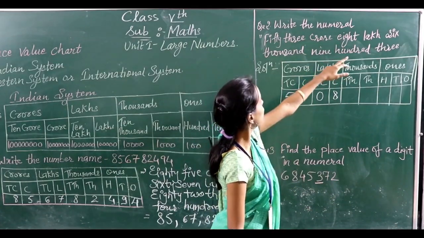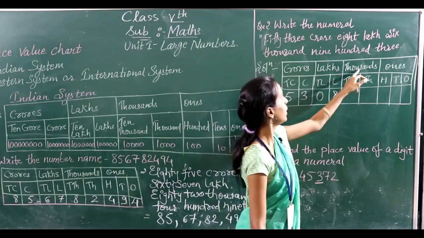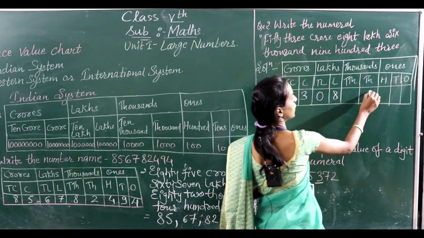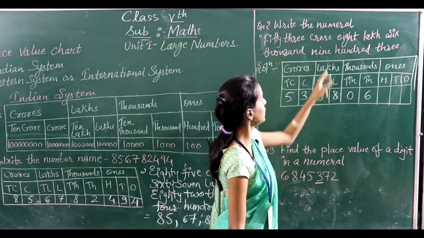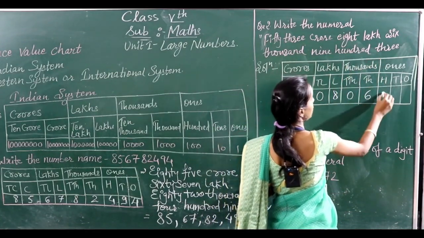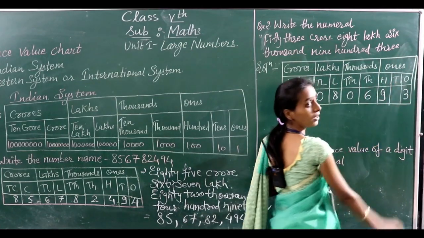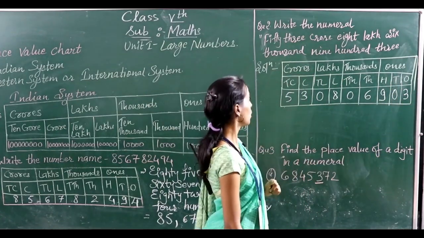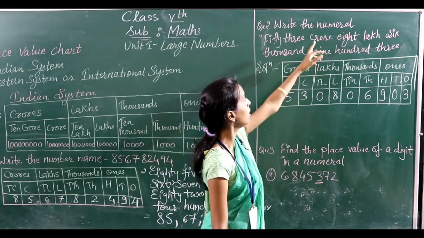Then let's continue, that is 6,000. Again in the thousands column there are two places, ten thousands and thousands, but we have been given 6,000, so we put 6 in the thousands column and 0 in the ten thousands. And last is 903. In the hundreds column it is 9, and this 3 is in the ones column. There is no value for the tens column, so we put 0 there. This is how we can arrange the number. Now we have to write it in the numerals form.